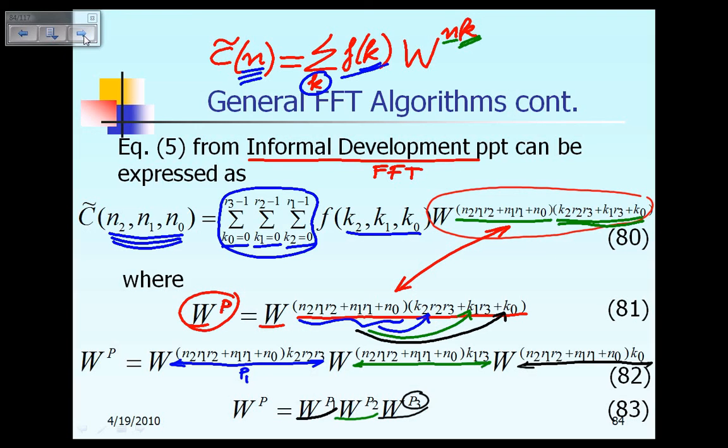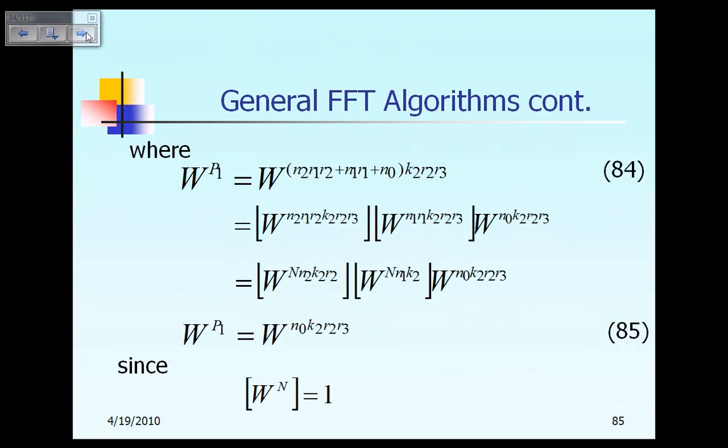So equation 82 can be represented using the simple notation W raised to the power P1 times W raised to the power P2 times W raised to the power P3. In the next few slides, we will try to figure out what is W raised to the power P1, what is W raised to the power P2, and what is W raised to the power P3. Okay, so in equation 84, we just show you how to